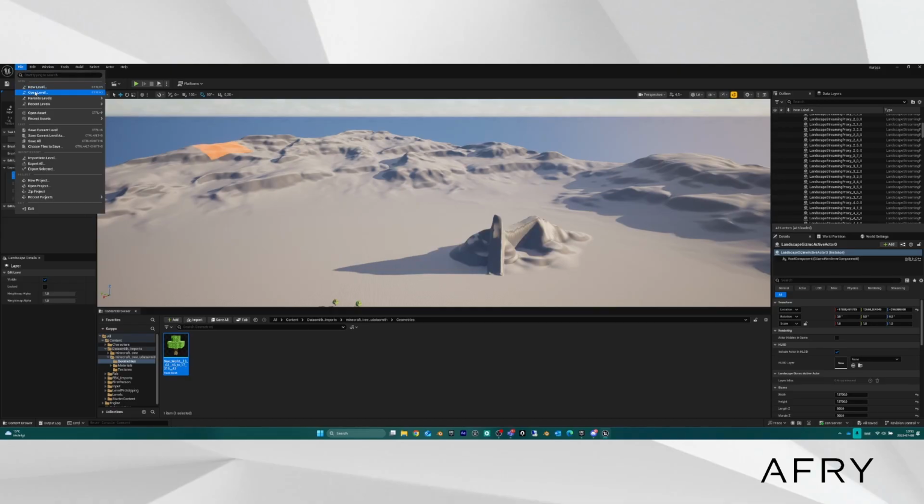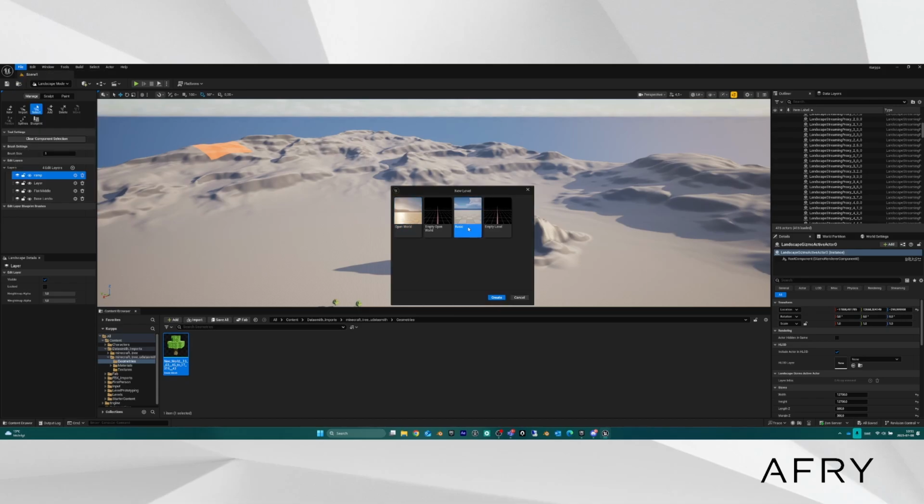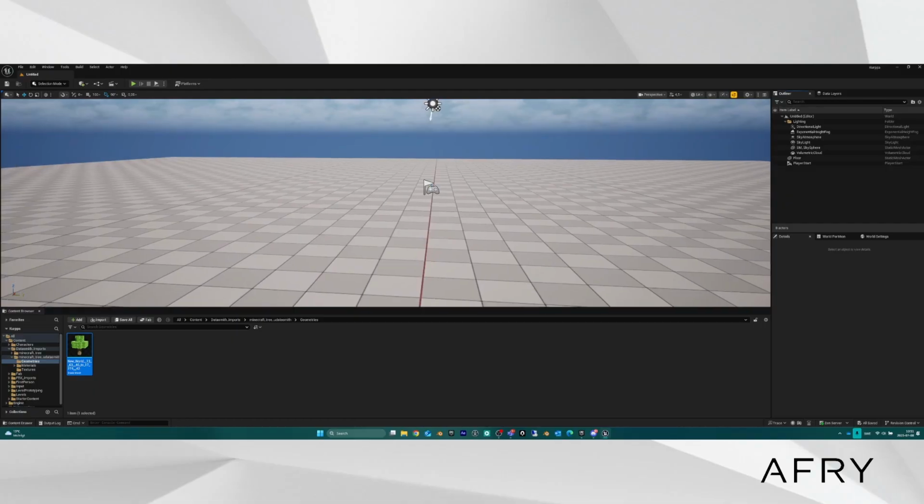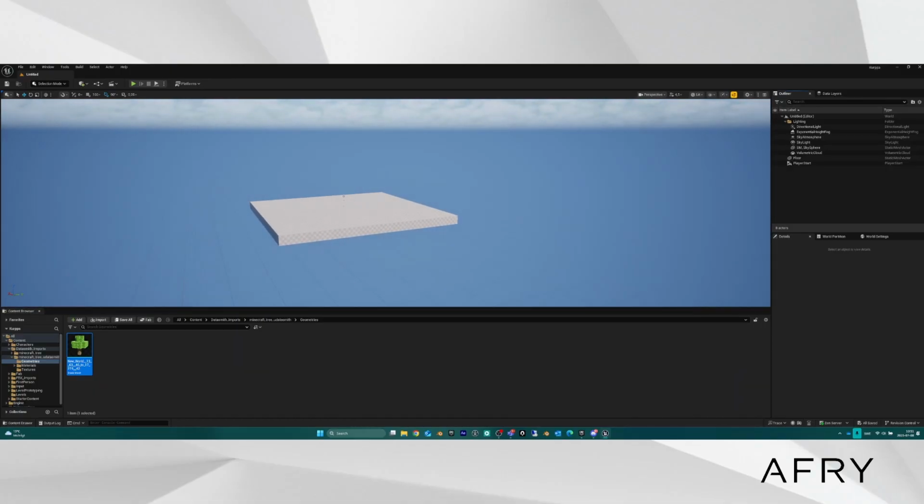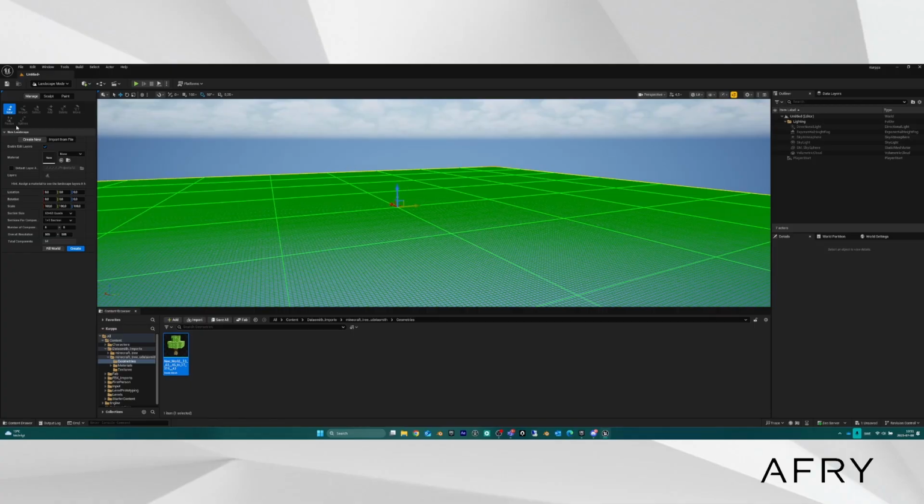So file, new level, and just do a basic one instead of open world, because the basic one doesn't contain any landscape by default. So if we go into landscape, you will then get directly into the Manage tab, and